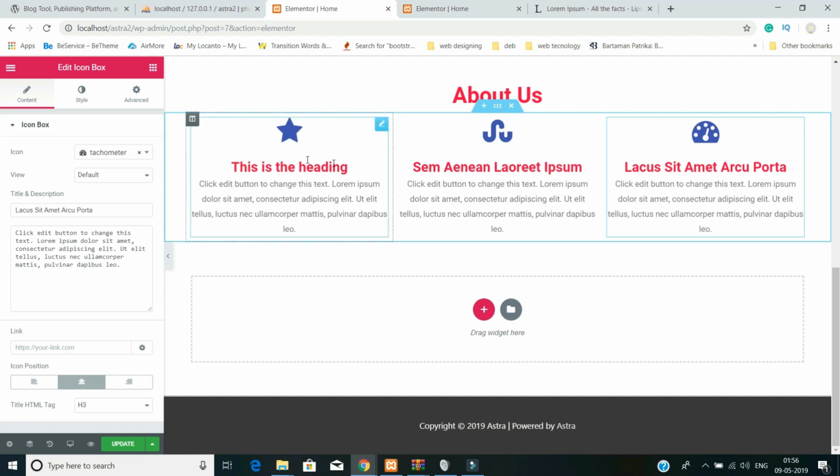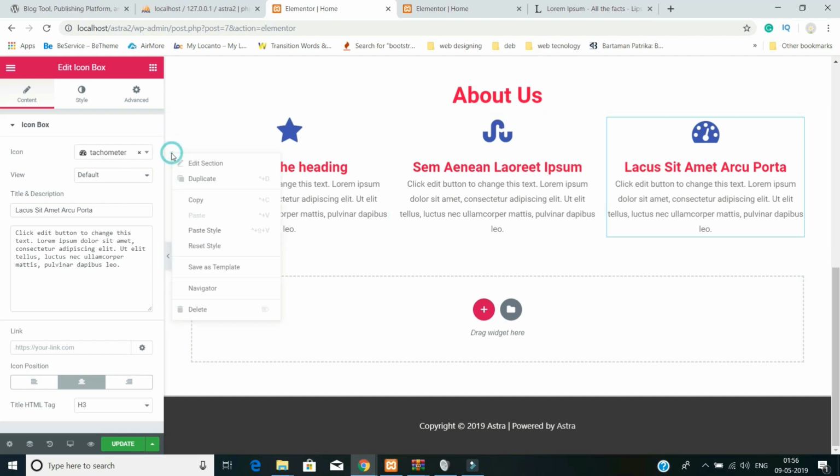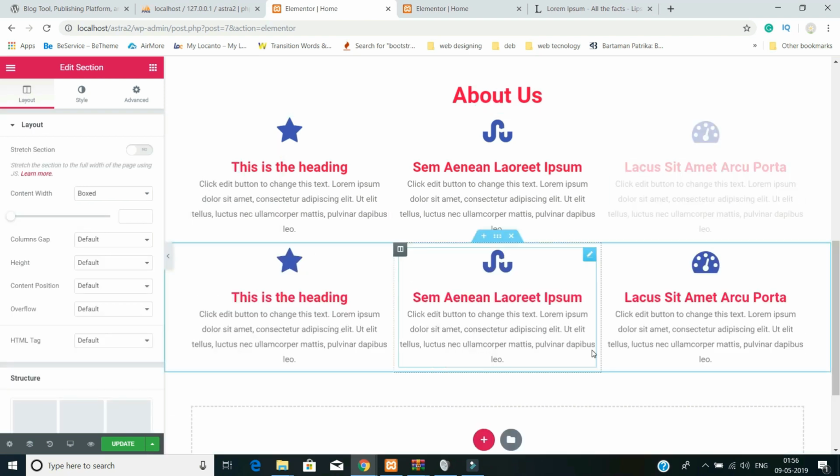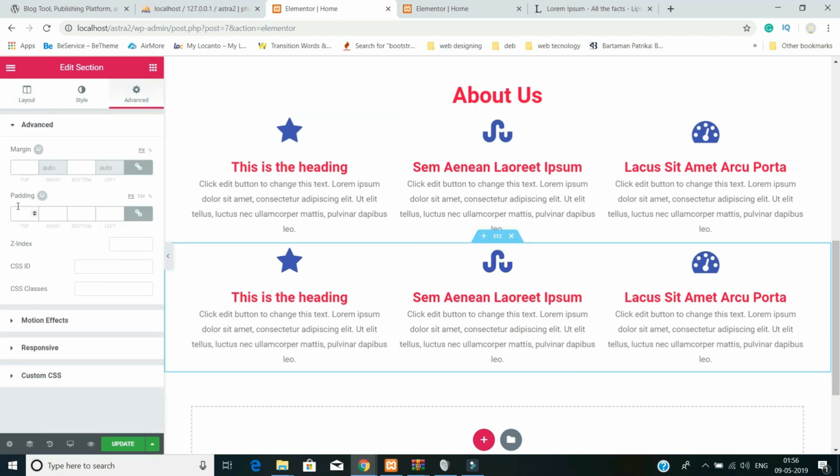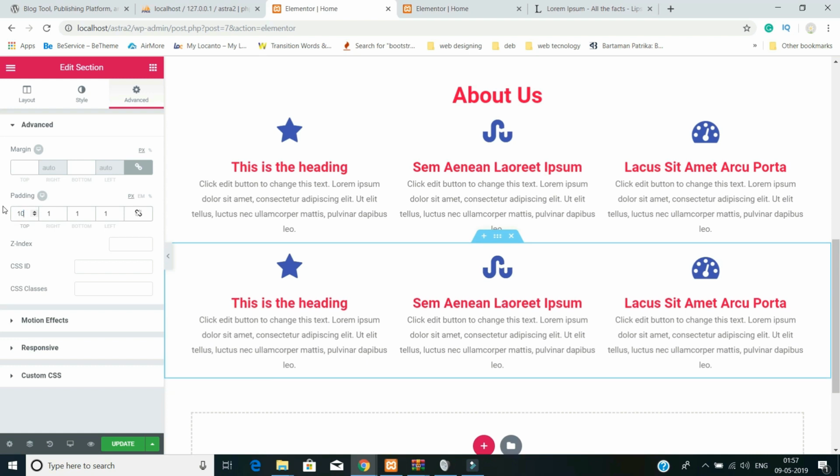I want to copy the same thing like this row another time, so duplicate it. Okay, so another row will come. I want some gap in between this row, so click here, come into the advanced and give some padding top. Unlock it first, 10 pixel, remaining 0. Okay,